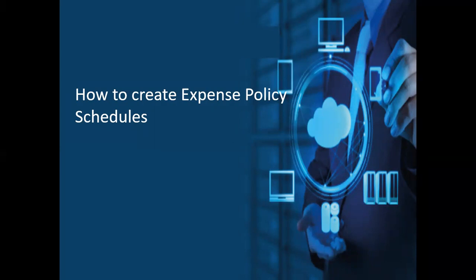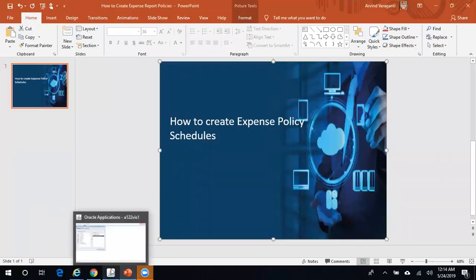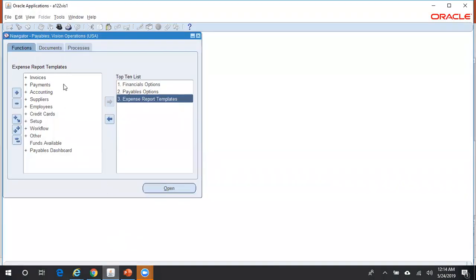Now, in today's video, I'll try to create a simple policy schedule for the meals category, and then I'll associate that policy schedule to an expense report template, and then show you how the system throws the warning policy violation if I try to create an expense report for an amount greater than whatever is mentioned in my policy schedule. Okay, well, let's get into the system. So first